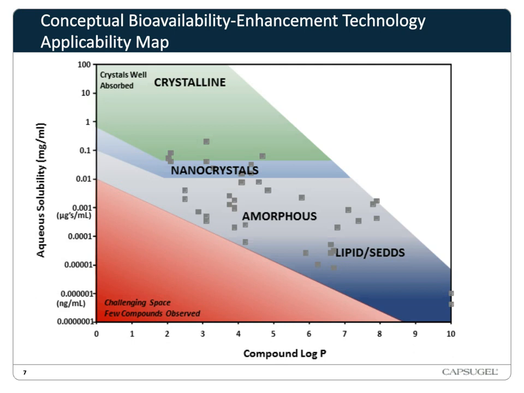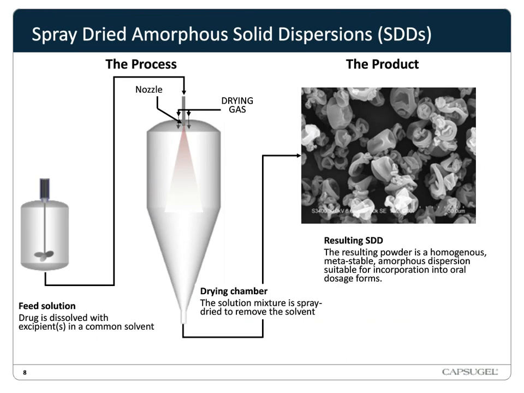However, one solution for bioavailability enhancement is to integrate the drug into an amorphous dispersion. Now, this is a non-equilibrium form of the material, has a higher free energy, and therefore higher solubility and dissolution rate. And this form of the drug can be stabilized thermodynamically or kinetically. One way to make this is using a spray-dried amorphous dispersion, or SDD.